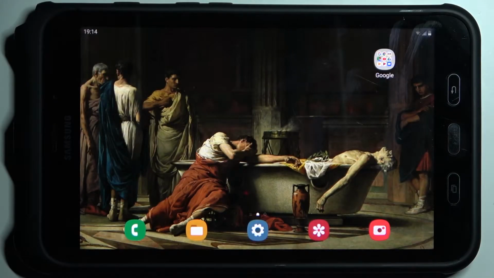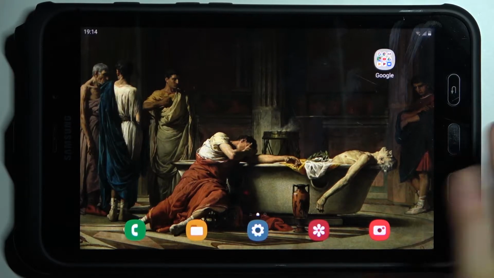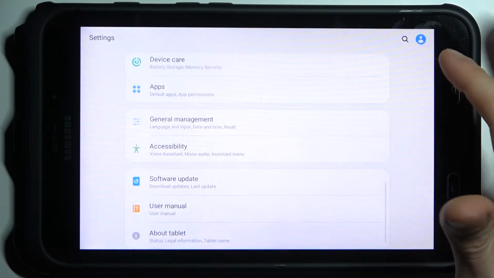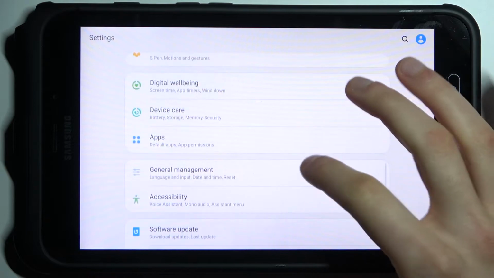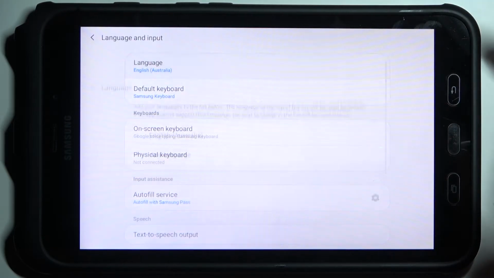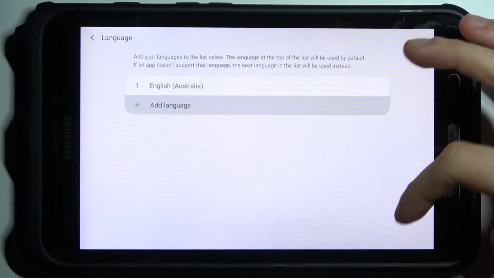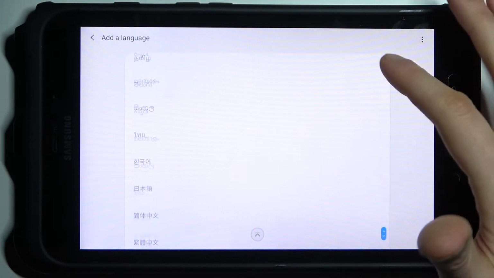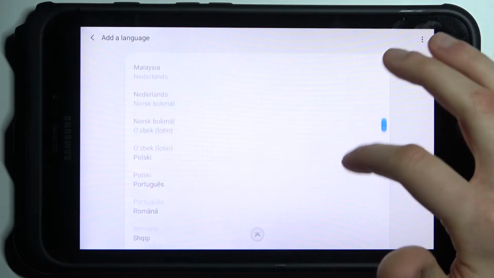Here I have Samsung Galaxy Tab Active2, and today I'm going to show you how to change system language on this device. So firstly you have to open settings, then you have to go to general management, language and input, language, other language. Here you can see the whole list of languages in which you can set up your device. So let's pick, for example,